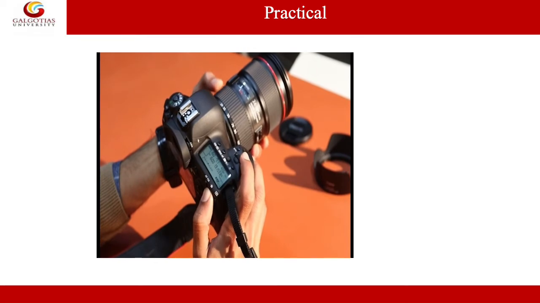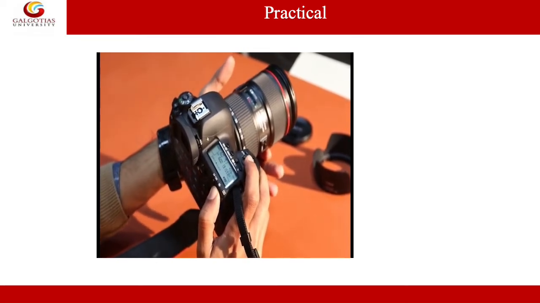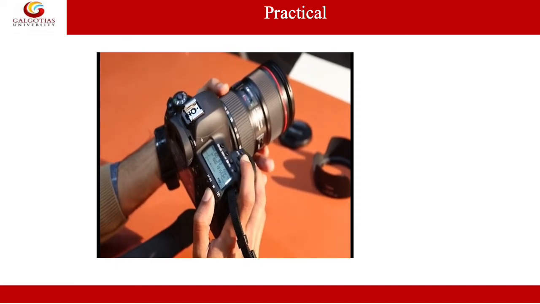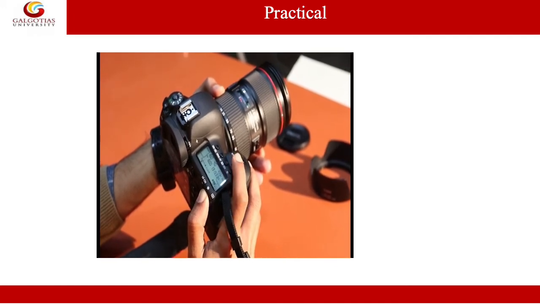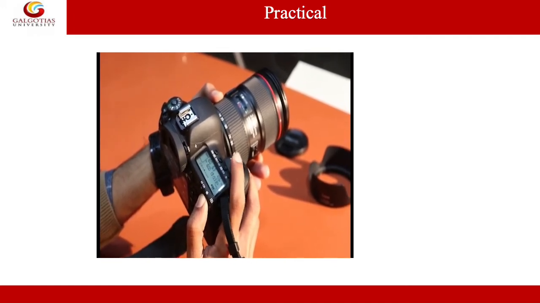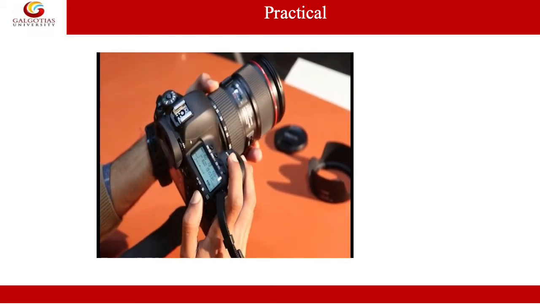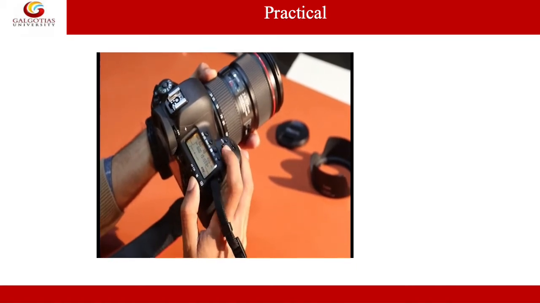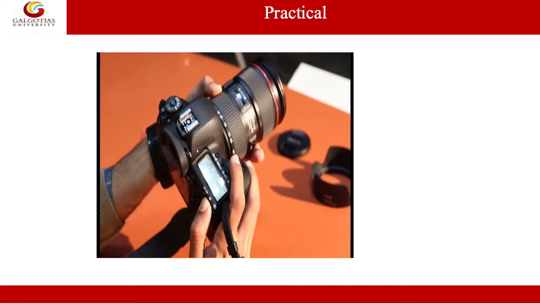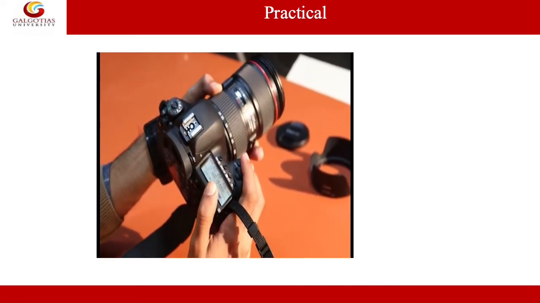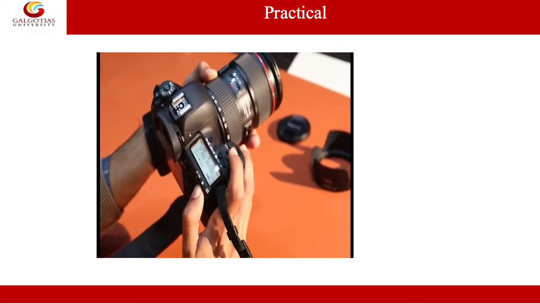As I have mentioned, each lens has a different minimum aperture or f-stop value. So this lens has 4.0 as minimum f-stop. So this will not go below 4.0 f-stop. We can increase our aperture value as much as we can. Here you can see the aperture value increasing, and it will go from 4.0 to around 22 f-stop. So you can adjust the aperture by pressing this button and rotating this wheel.